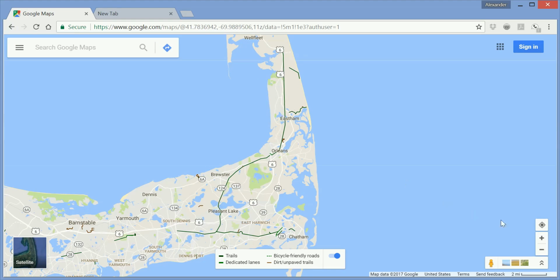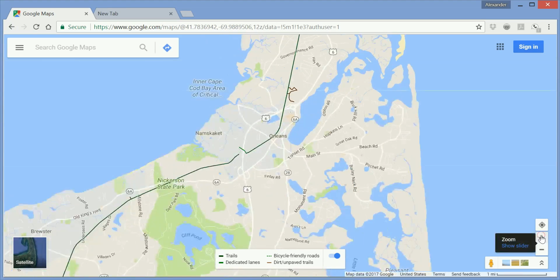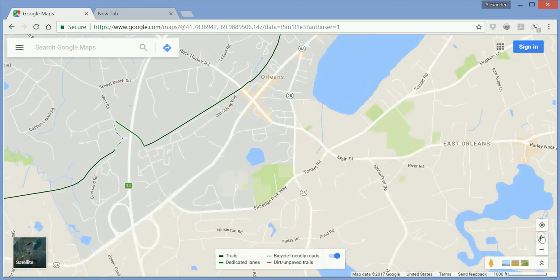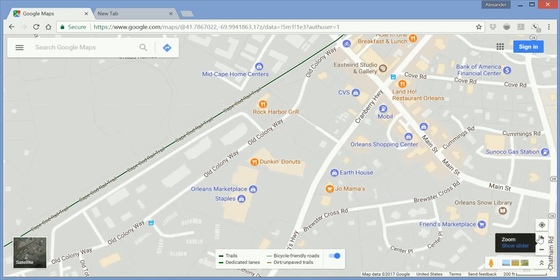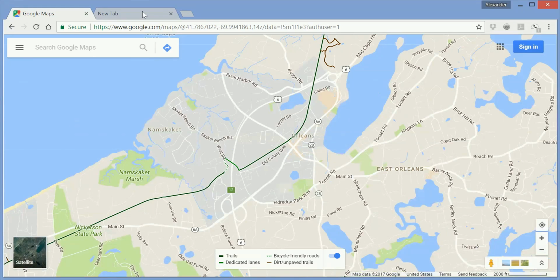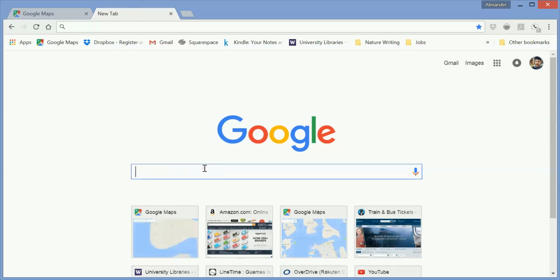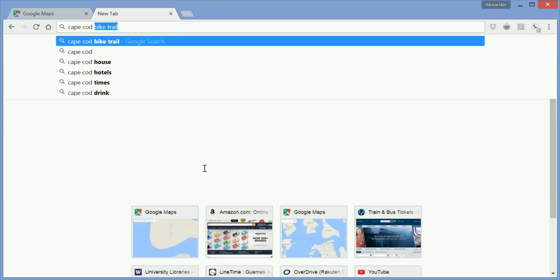Now, what is this? Well, if I zoom in further, centered on this green line, more and more information is going to pop up on the map. And one of the things that's going to eventually pop up is the name of this trail. And I realize that this is the Cape Cod Rail Trail by zooming in close enough to that long green line, the Cape Cod Rail Trail. What's the Cape Cod Rail Trail? Well, let's find out by searching it